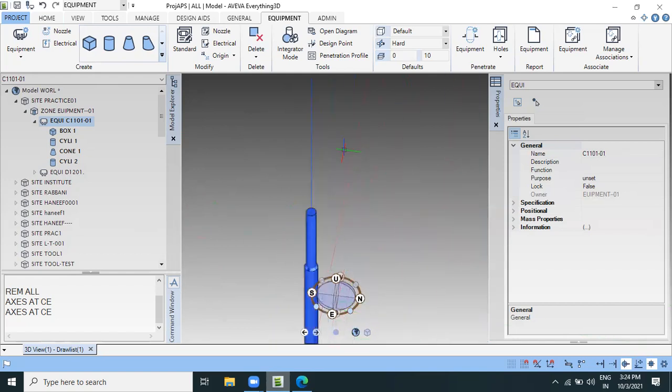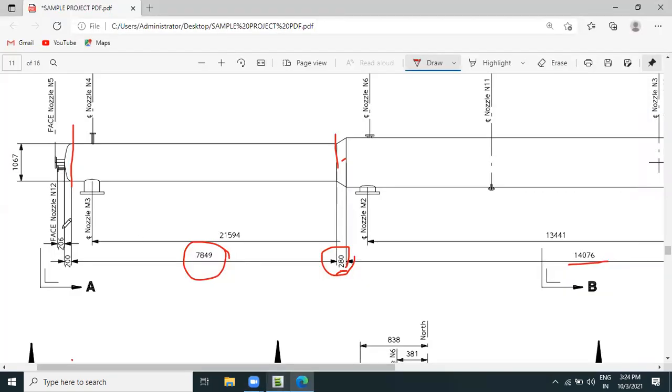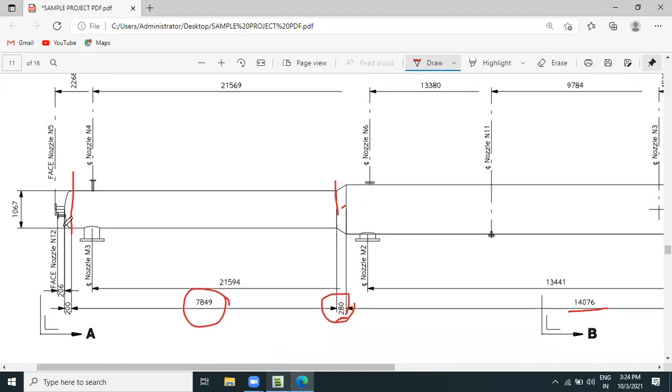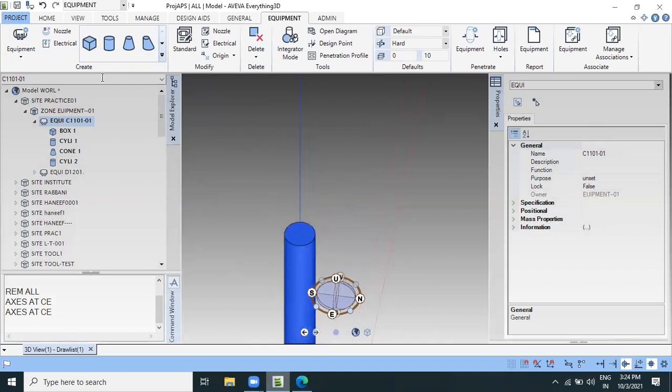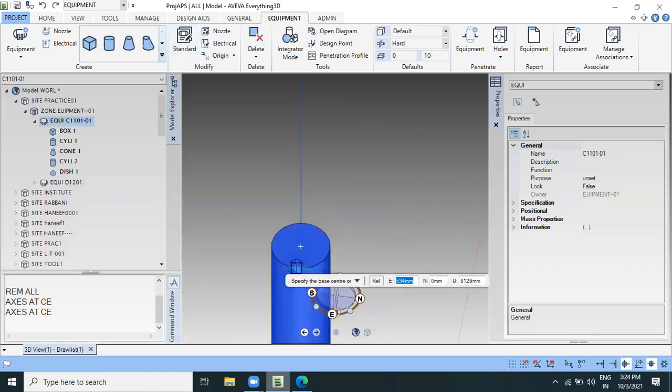Okay, 7849. Then go again. What is the dish height? The dish height given is 280. The diameter of 1067 is already there. So we will create one model here, the dish.